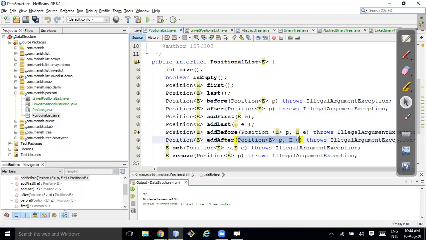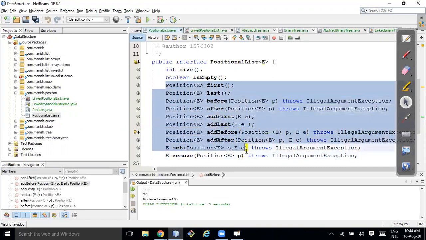And suppose Ramesh was there and I want to remove that person and put Suresh there in a queue. That is set. And remove is just removing Ramesh from the queue. So all these positional list methods are supported.